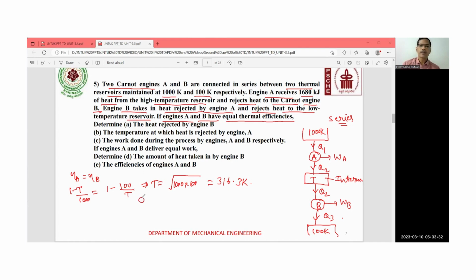So in the same way, you try to get the Q2 value, right? So Q1 by Q2 is equal to T1 by T, because this Q2 is connected to the T, right? Or you can also, if you want, use this particular T2 and T3, right? So that is the heat separate. So you can get the intermediate temperature T equal to